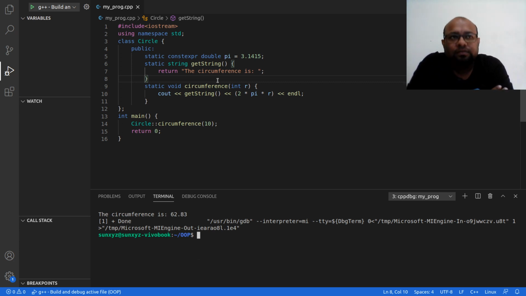Then we saw what it means for a data attribute to be static inside a class. And finally, we saw how a static member function, a static method of a class, works. So this is all about the static keyword in C++.